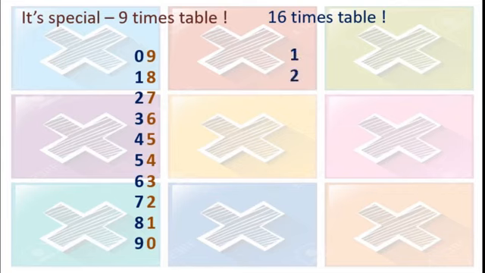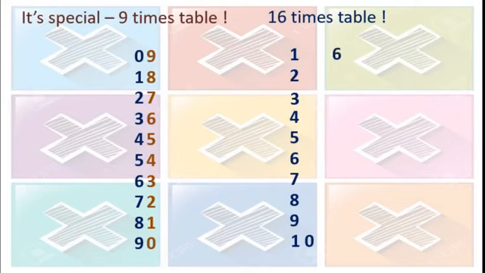Okay? 1 ones are 1. 1 twos are 2. 1 threes are 3. 1 fours are 4. 1 fives are 5. 1 sixes are 6. 1 sevens are 7. 1 eights are 8. 1 nines are 9. 1 tens are 10. Okay, this is over. Now on the right hand side, we will write 6 times table because we are going to make 16 times